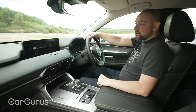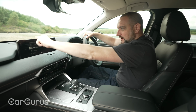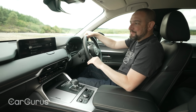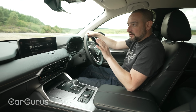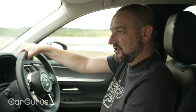And going back to that screen for a minute, just look at this. Absolutely nothing happening. And that's not because it's broken, that's because this is not a touchscreen. Mazda believes that touchscreens, however fashionable, are too distracting for use in cars. And so instead, you scroll through the on-screen menus using this dial controller. And we've got one thing to say to that: